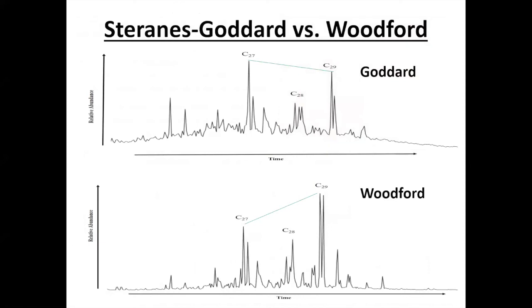Just a few other fingerprints supporting this idea that the oils are sourced from the Goddard. This is the sterane distribution from the Goddard extracts. Here's from the Woodford. Now, to many of you, that may not look like a very big difference, but what